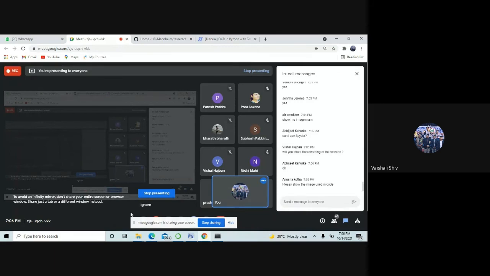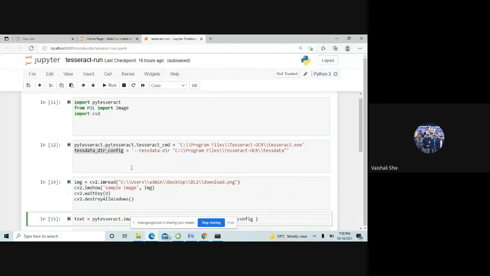Clear, right? Once I give the path, it will pop up there only. So I'm giving the path here, with double slash.